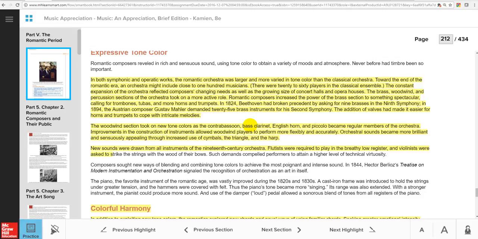Composers really started to approach orchestration, which is which instruments you choose at which point, as a serious study and art form. Some of the books, like Berlioz's book you see here on modern instrumentation and orchestration, became the book on how to write for orchestras, because in the past, Mozart, for instance,